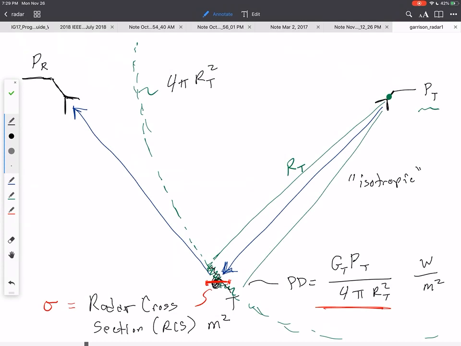Now I drew this at an angle to the incident beam from the transmitter, but really it's an idealization. So I should maybe have written it as this perpendicular. So that's whatever that cross sectional area is. Now that's an idealization. So 100% of that power that's captured by the target of an ideal area of sigma naught is then re-radiated. So I now have a new source centered at the target that has a power of,